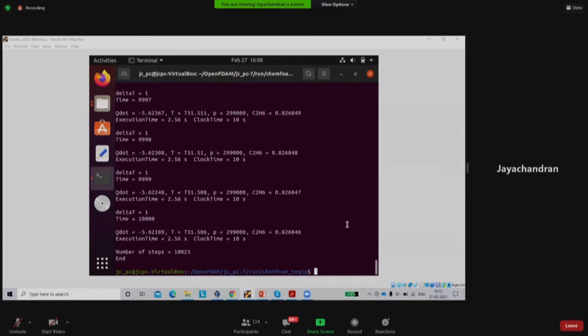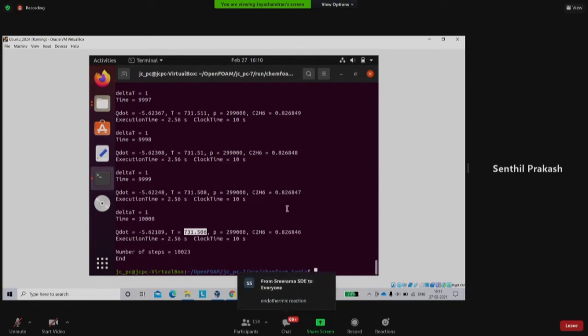It should run fine. So before going into the post-processing part, let us see what these terms actually mean. We have seen that the initial temperature was around 953 Kelvin, right? Now it has decreased to 731.506 Kelvin. So what does that physically imply? Does anyone have any answer? Initially it was 953. Now it has become 731 Kelvin. What could be the possible reason? You can unmute and share your views also. Endothermic reaction.